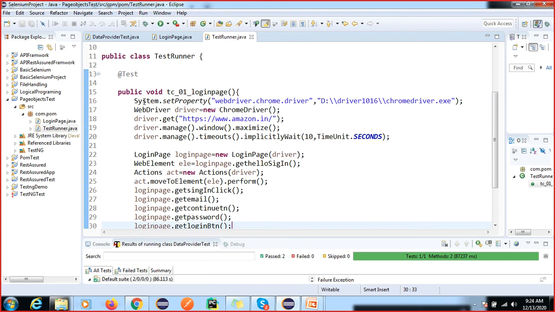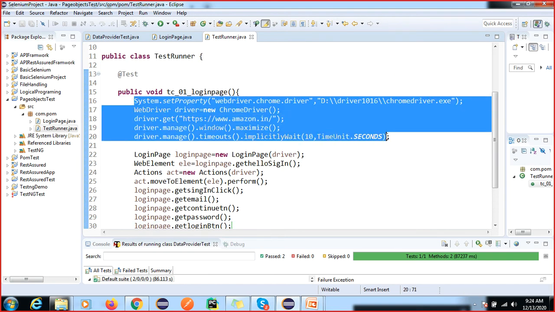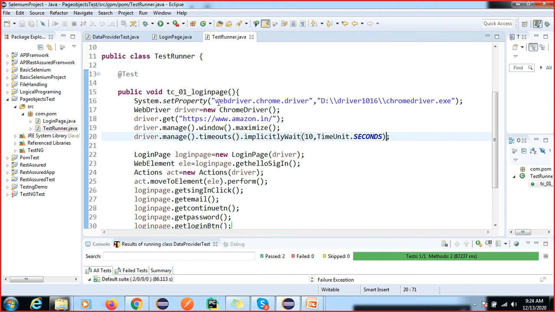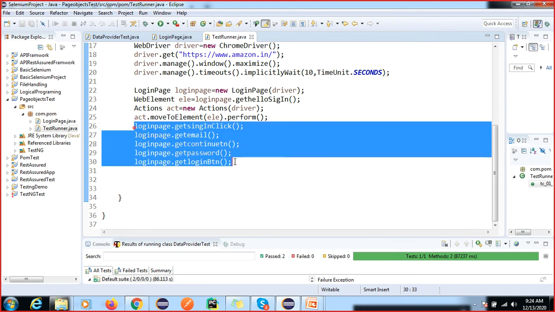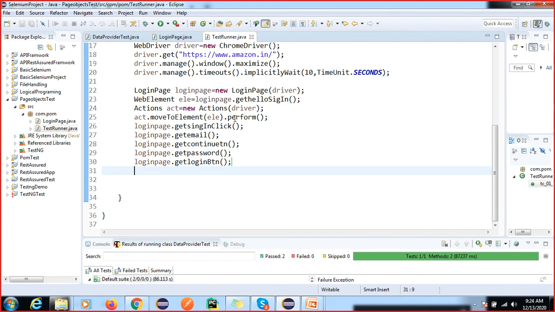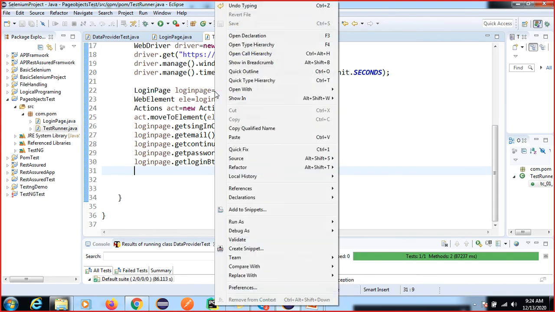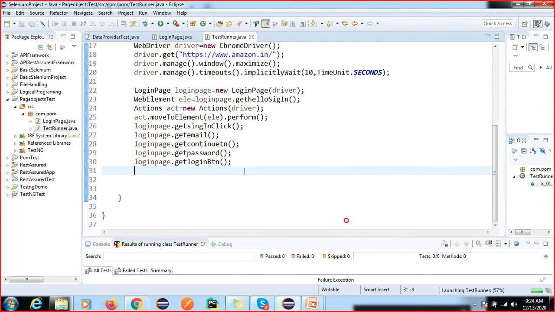Okay, so now again we should not do hard coded anything here. So in the framework we cannot also do this, right? So before we were using all the elements in the only test runner class, right? So let me execute this, and if anything goes wrong, then we'll try to fix.